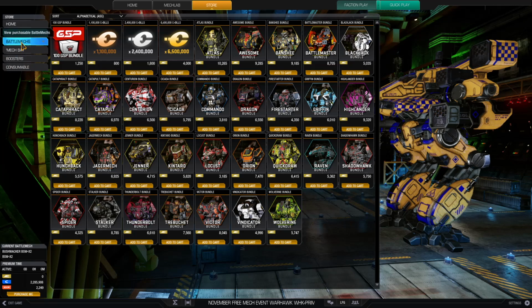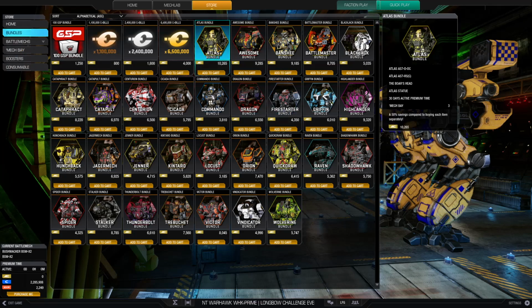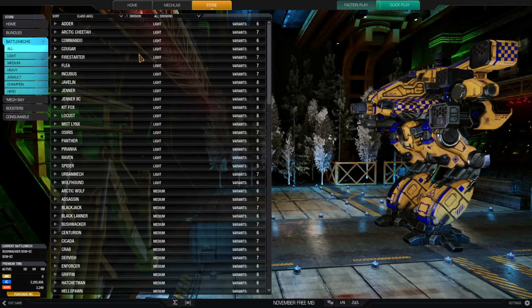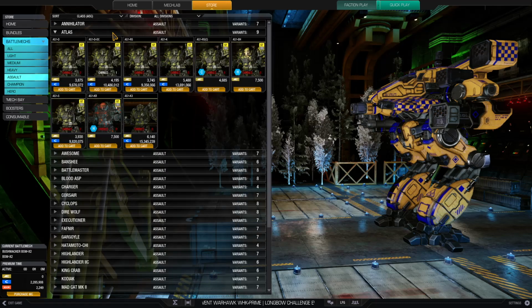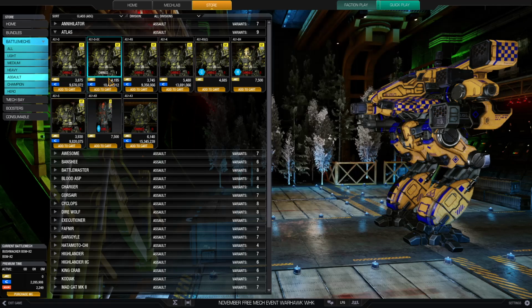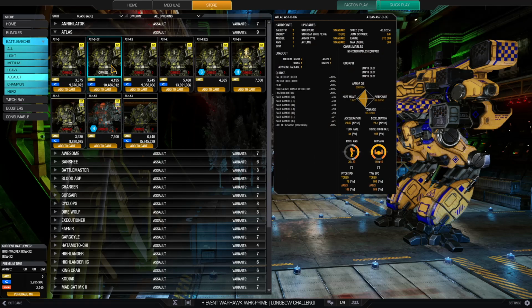If you don't want to buy a bundle, you don't want to buy 4 Atlases or whatever, or 3 Atlases, you can go here to battle mechs, and if you go to assault, we can find the Atlas in here, and you can purchase a specific variant if you want. A lot of people play the one that has ECM. So I think that's this one. Yeah. A lot of people play the AS7-D-DC